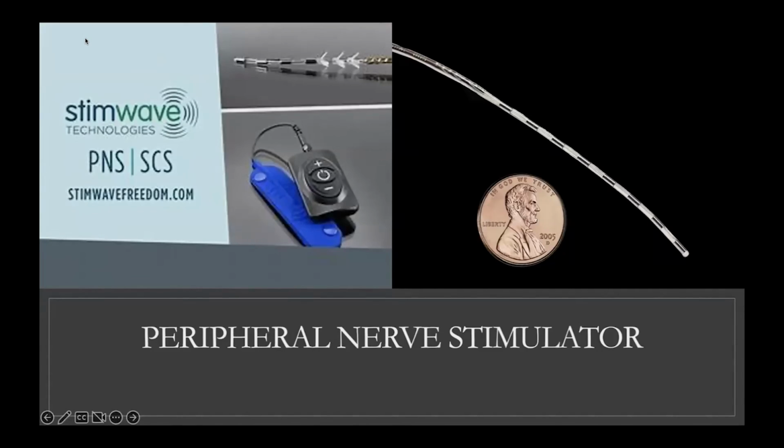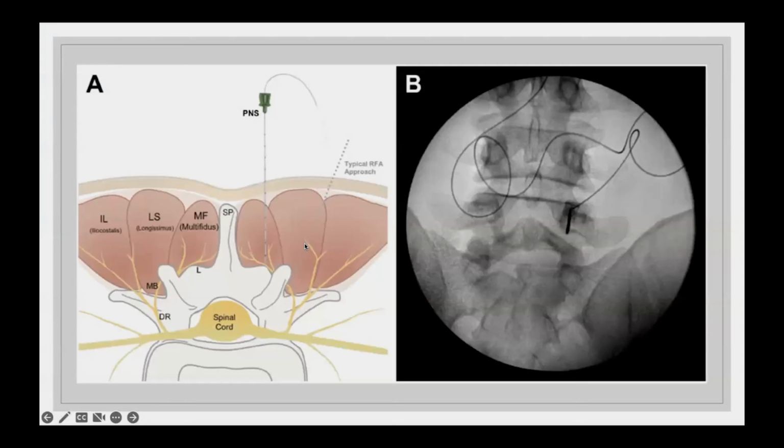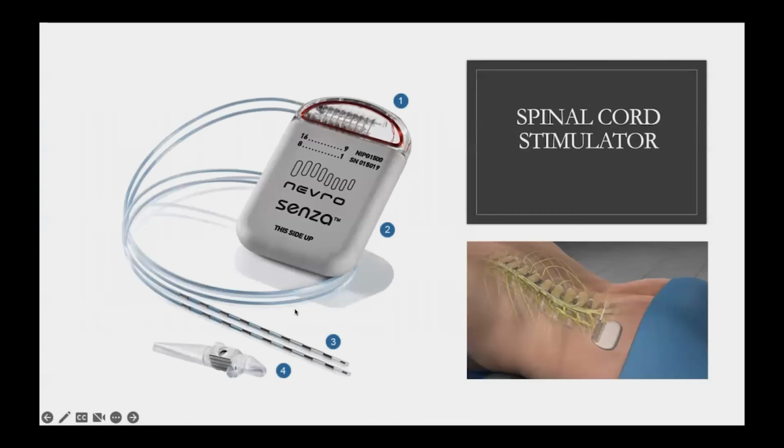Related to that, and kind of a spin-off of that, is something called the peripheral nerve stimulator. With the spinal cord stimulator, I should have mentioned, the wires go right in the epidural space because, again, that's a safe area to access that's really close to the nerves. So instead of injecting medicine, we're putting this wire there and the wire stays permanently. It sits right on the back part of the spinal cord, and then it helps to send these electrical impulses.